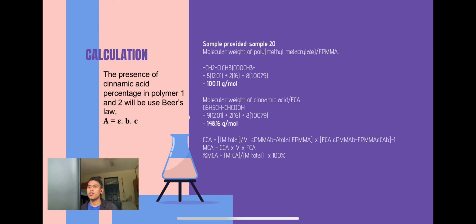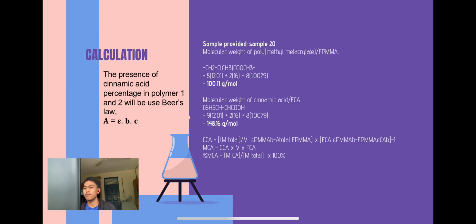For this experiment, I have provided sample 20, which is the PMMA, or polymethyl methacrylate. First, we are going to calculate the molecular weight of the cinnamic acid and the polymer itself,